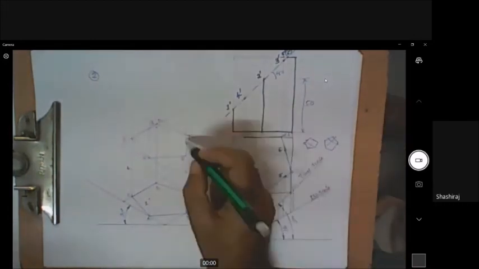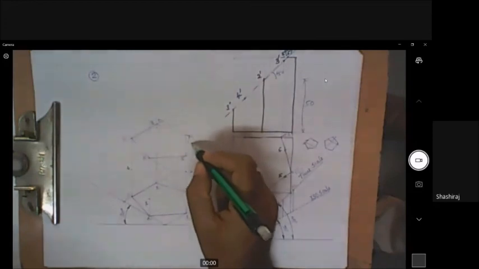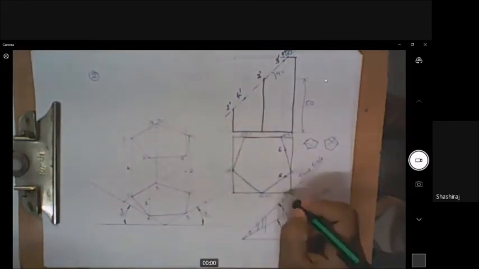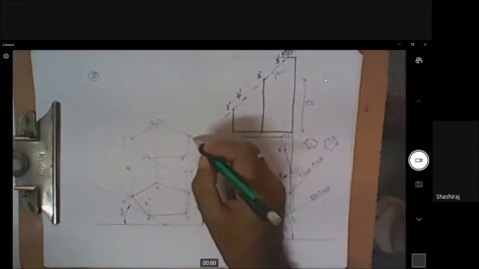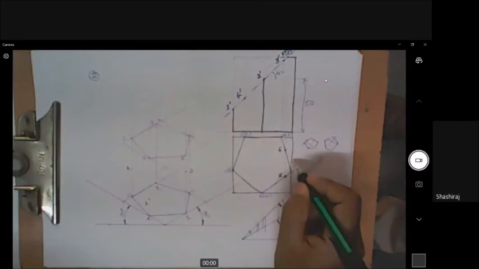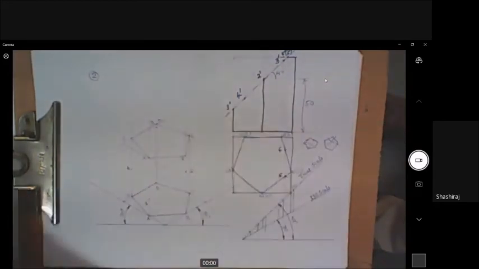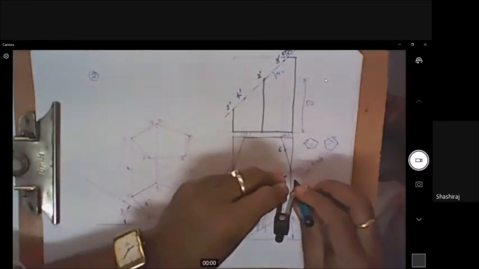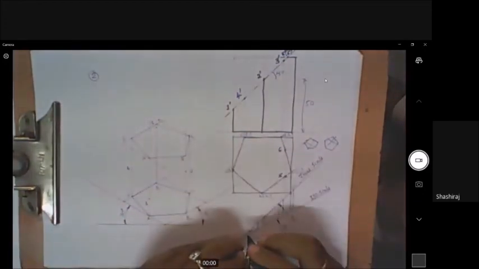Point number 5 should come here on this. But we know this much length. ISO is here. And this distance should be taken here. So ISO of this, you measure this much distance, and from here you draw a line. So I'll take this much length, true length, onto ISO scale.